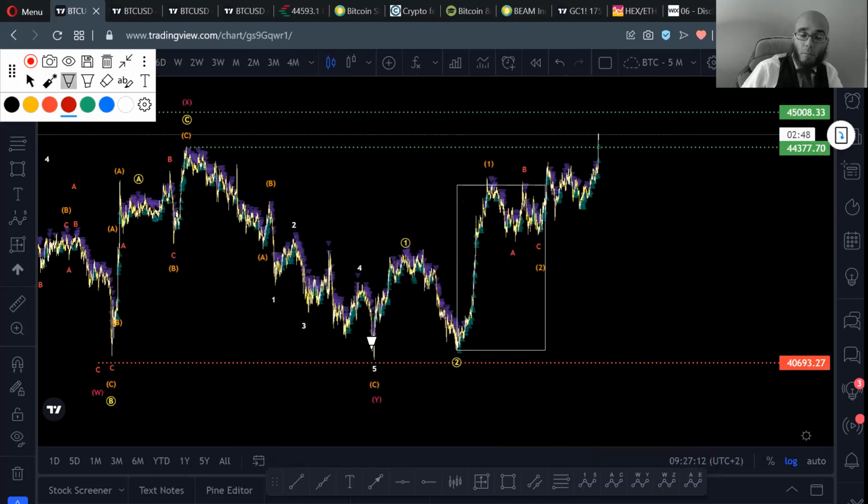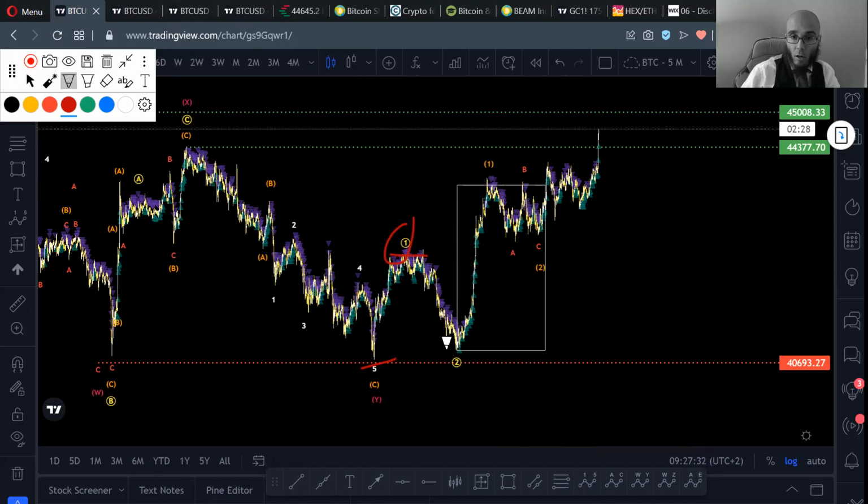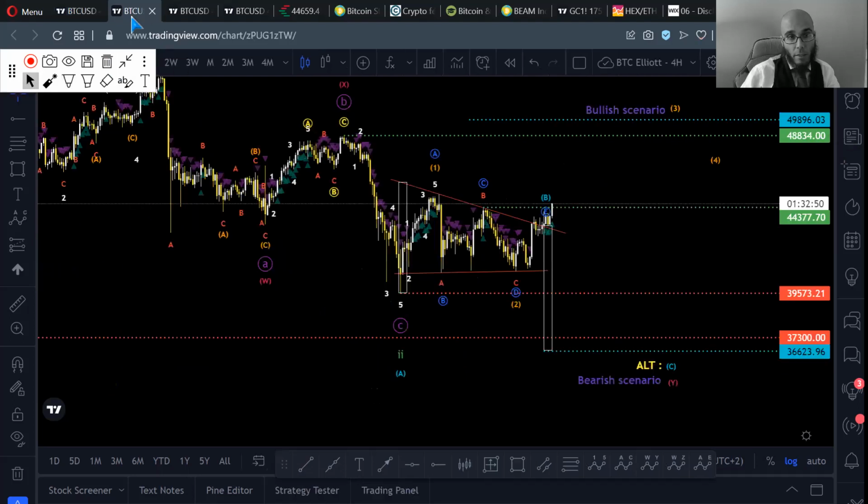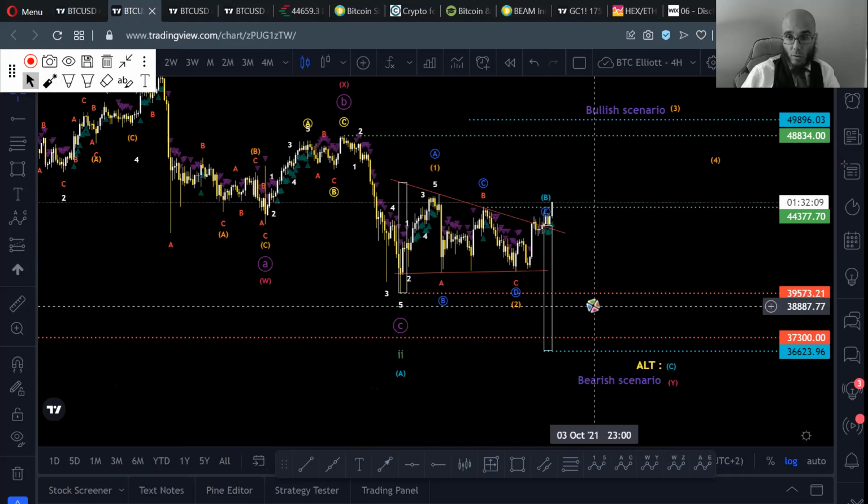And here, I did the same thing. I'm not going to do it all over again because I just did it on the other one. So I took wave 1 from here to here. And then I did an extension, a 168 extension from the bottom of wave 2. And that gave me this target. And we slightly did exceed it, but then still had the correction. So those fib levels often play out quite well, and I expect the next one to play out also.